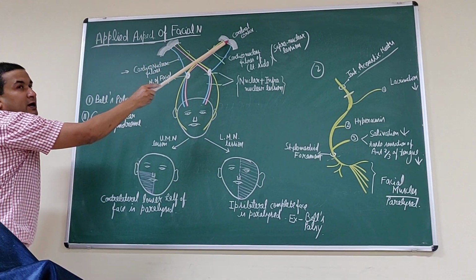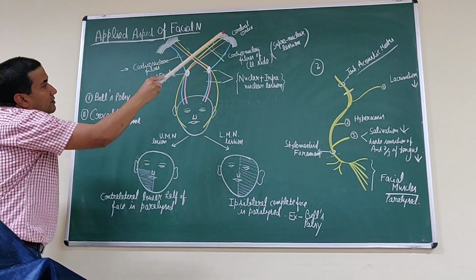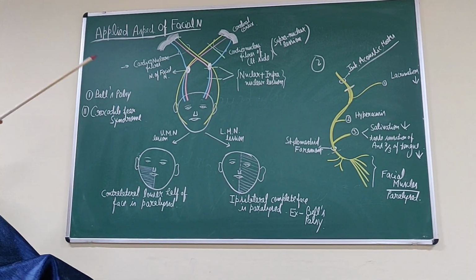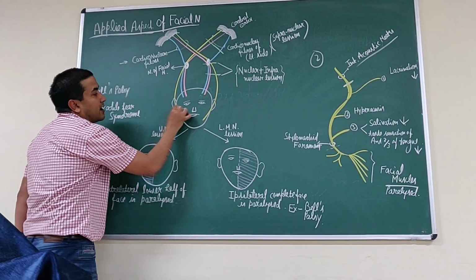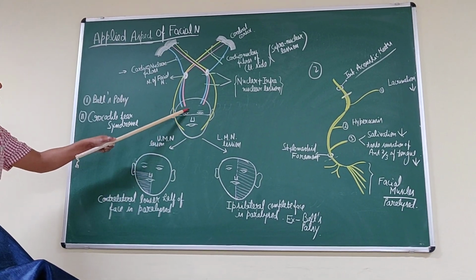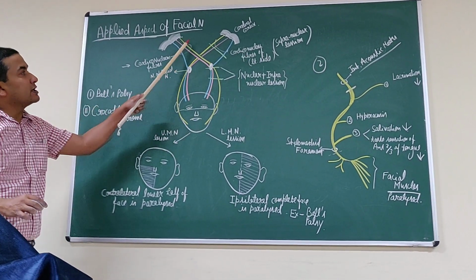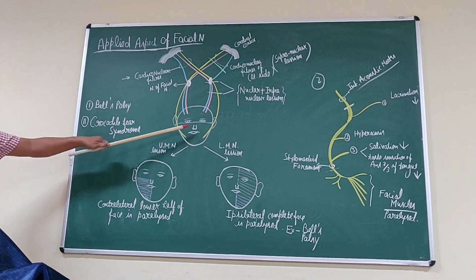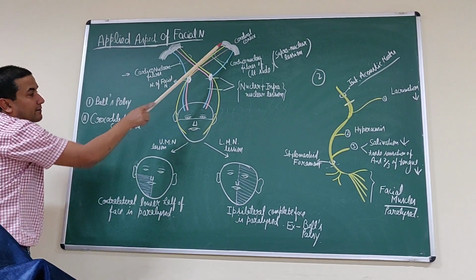from both cerebral hemispheres come to the one side and are sent from this side and from the opposite side to the opposite motor nucleus of the facial nerve. In the face, the upper part of the face, that is the forehead and the eyelid region, is controlled by the corticonuclear fibers of both sides, while the lower part of the face is controlled by the corticonuclear fibers of the opposite side.